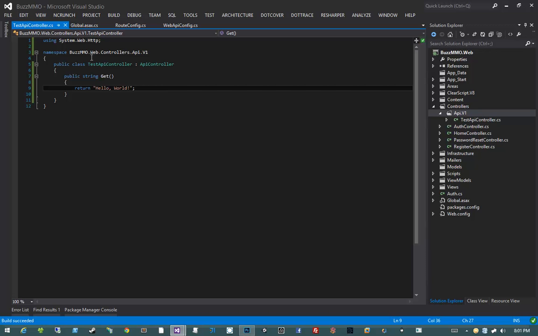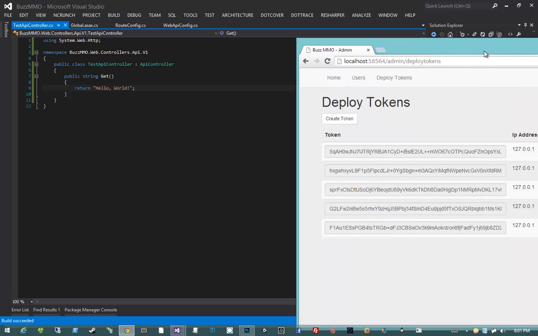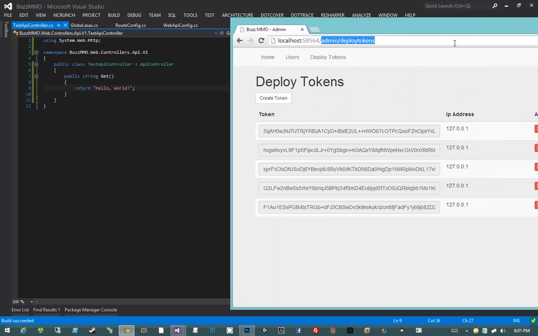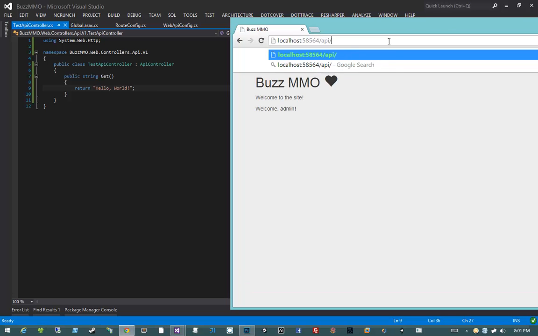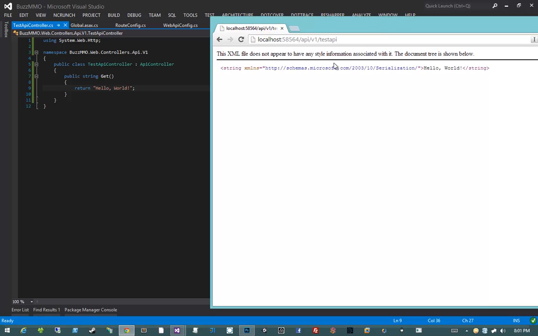Okay, so we now have our TestApiController being added to our project. Let's come in here and see if our routing works. So I'm going to jump back into the home page of the site after, of course, I did a build. I'm going to wait a year and a half. And then I'm going to go to /API/v1/TestApi. And look at that. We have a string being returned back to us using XML